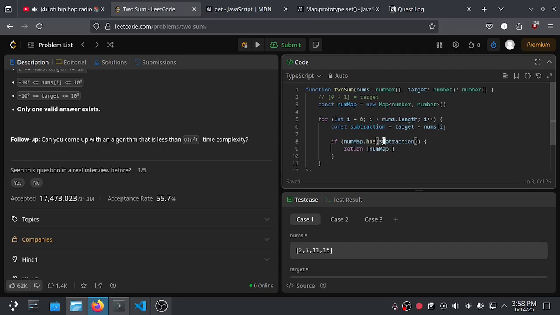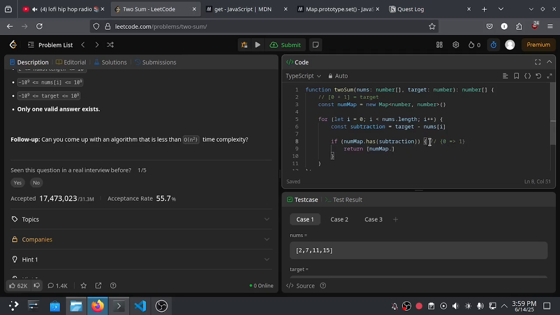If the subtraction value is found, let's say the map has 0 as the value of an element, and the 0 value is at index 1, then we can check if the subtraction is 0. If it is, then we can return the index of where 0 is.